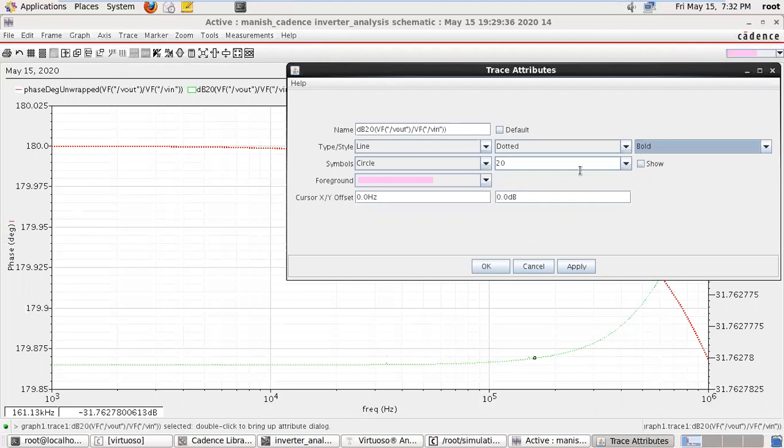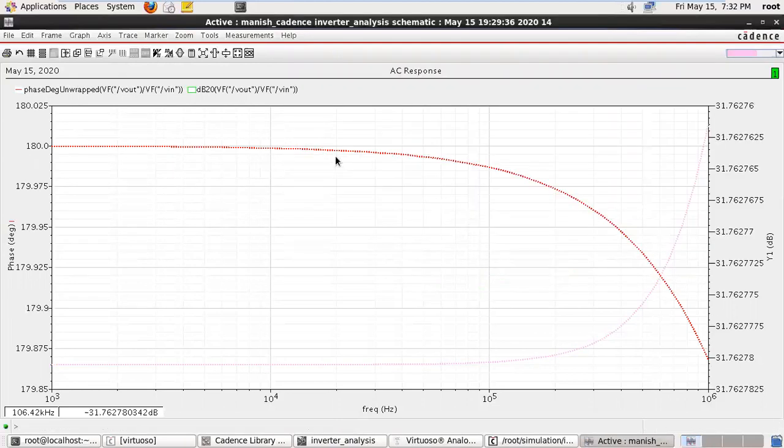So see here, this is representing the phase with respect to the frequency, with input and output, while this is representing the magnitude.